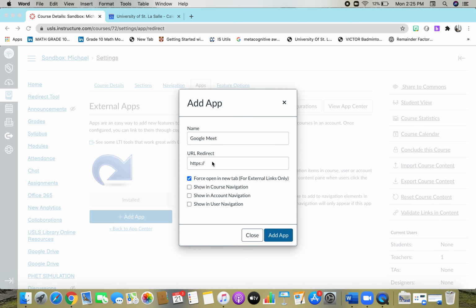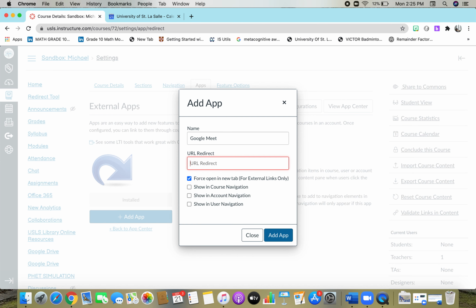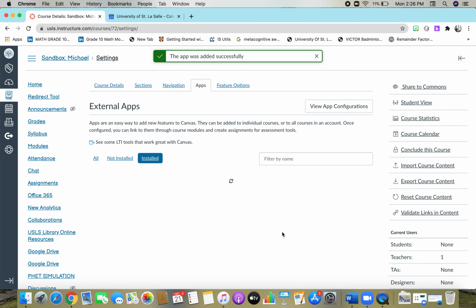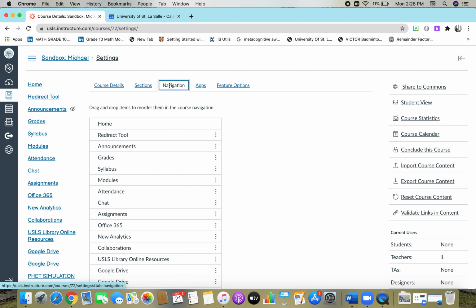The link that we'll be using, you can actually delete this part here because it might have redundancy in the HTTPS. Then show in course navigation and in account navigation. Simply add app, wait for the message to confirm that the app was added successfully. So it's here, it's added successfully. Then we go back to navigation. Don't forget to refresh